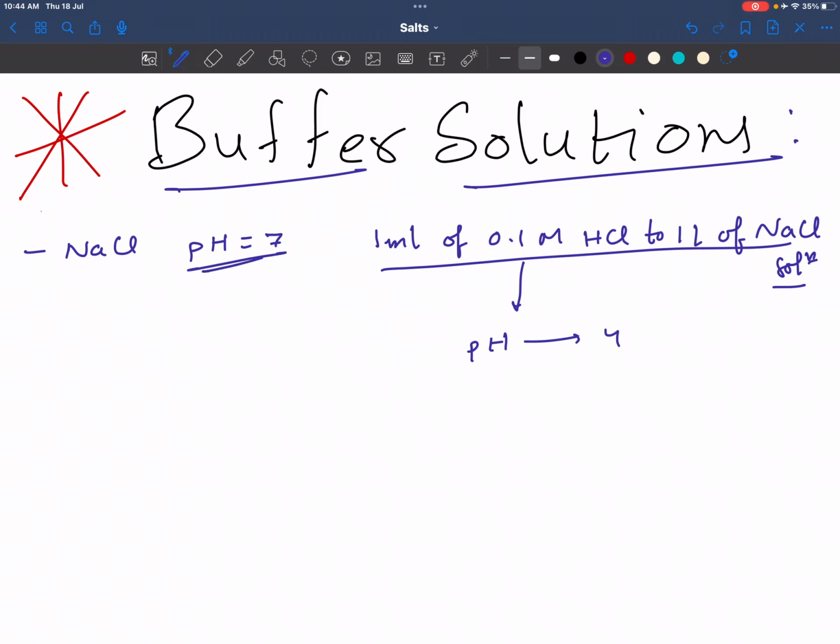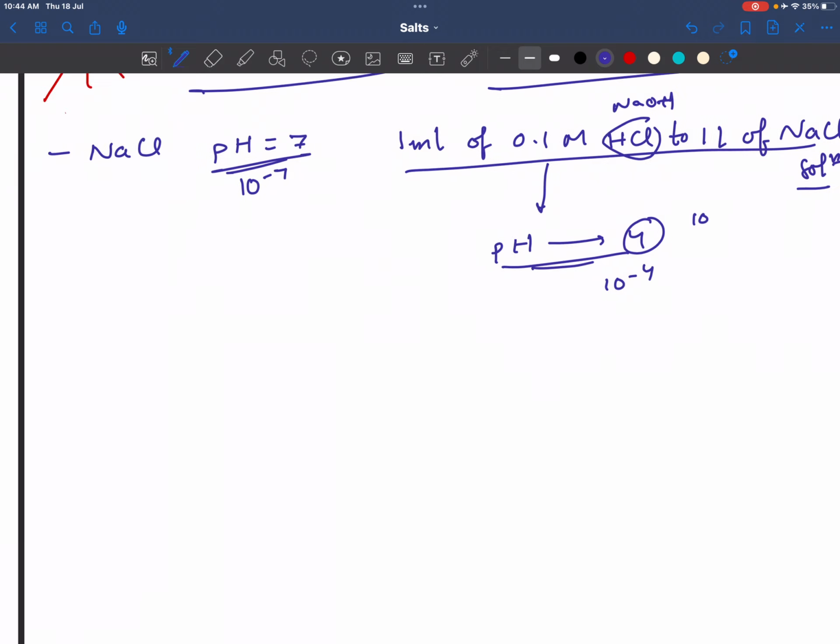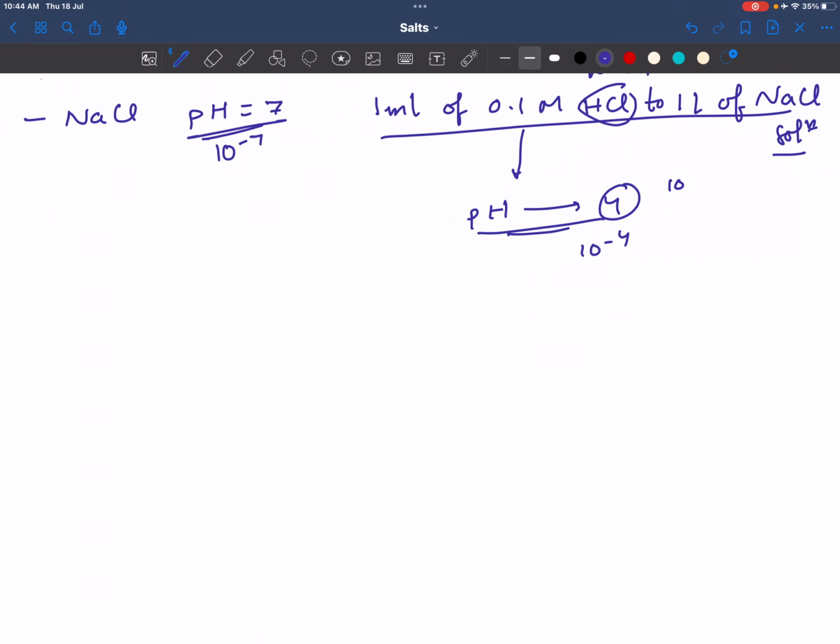ఇనిషియల్గా pH 7, pH 4కి వచ్చింది, అంటే concentration of H plus was 10 to the power minus 7. Finally, concentration was 10 to the power minus 4. Similarly, if you add 1 ml of 0.1 molar NaOH, pH 4 అవ్వకుండా 14 minus 4, 10 అవుతుంది. Basically means pOH will become 4. Okay. Now, problem ఏంటంటే generally if you take any biological system,